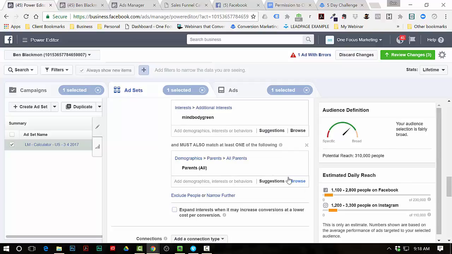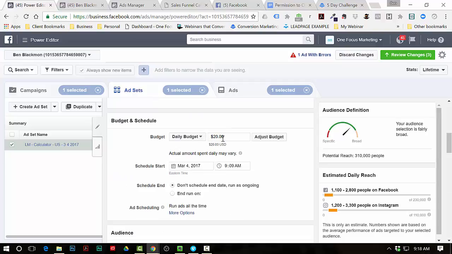So I just want to kind of show you something. Based on the amount of money I'm spending, this $20, I'm going to reach between 1,100 and 2,800 people a day. So how many people do you need to reach before you know if your ad's working? Well, there's two things to that. One is you want to get to at least 1,500 to 2,000 people total before you know whether or not your ad's working. The second part of that is